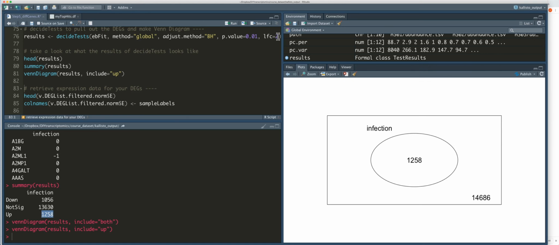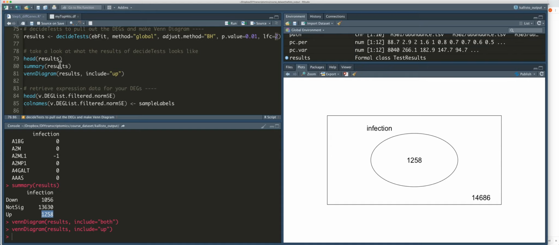They may have just not made log-fold change of 2 in both of your conditions, but they only did in one condition, so they end up over here. And the point is, some people can see a Venn diagram and then go and look at a heat map made from those genes and really wonder where the heck all their genes went that looked so different. And the reality is they may be actually very close to this cutoff and just missed it with one condition. So if you're having trouble visualizing that, I'm sorry, but just trust me that these Venn diagrams can be a